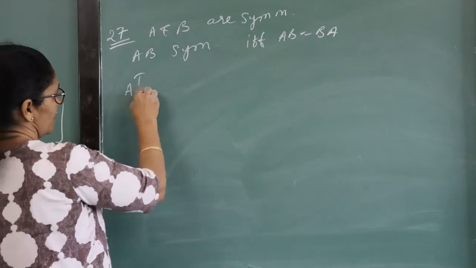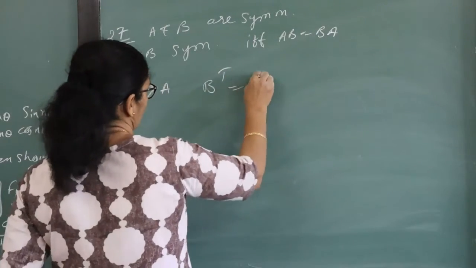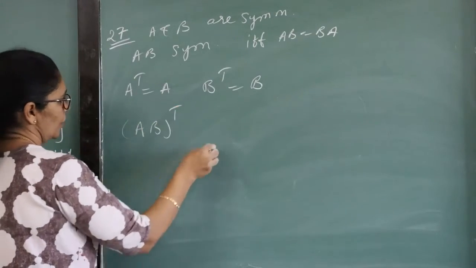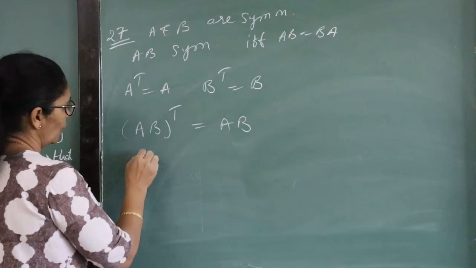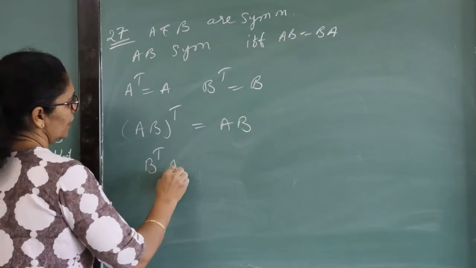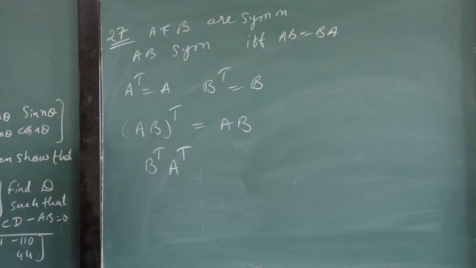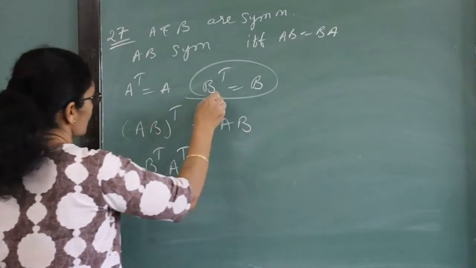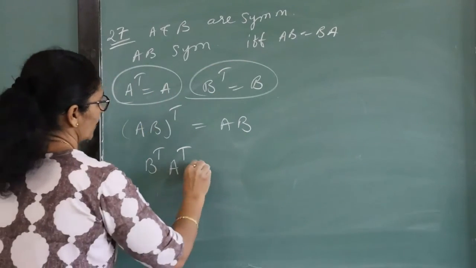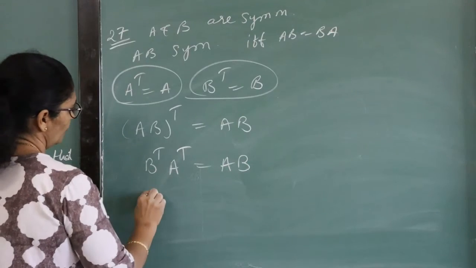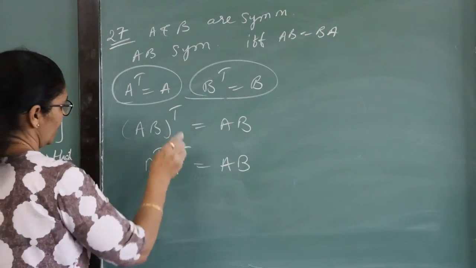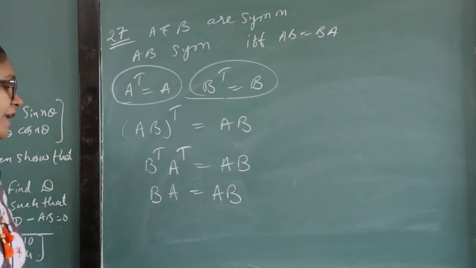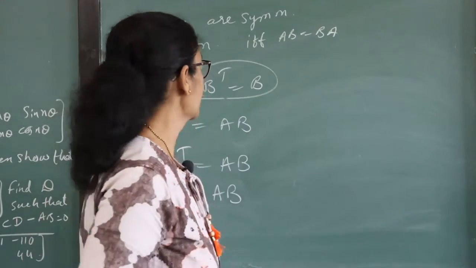See, what is the concept of symmetric? That the transpose and the matrix are both the same. AB is also symmetric. So how can you write AB transpose? Equal to AB only, but you know what the transpose of it is, by its formula. AB transpose can be written as B transpose A transpose, but in place of B transpose you can write B, and in place of A transpose you can write A. So what have we proved? AB equals BA, and this is the answer.